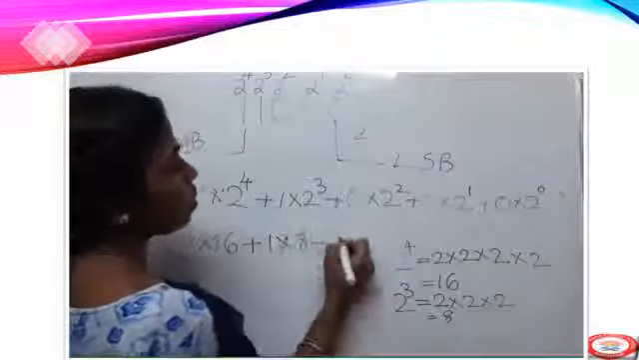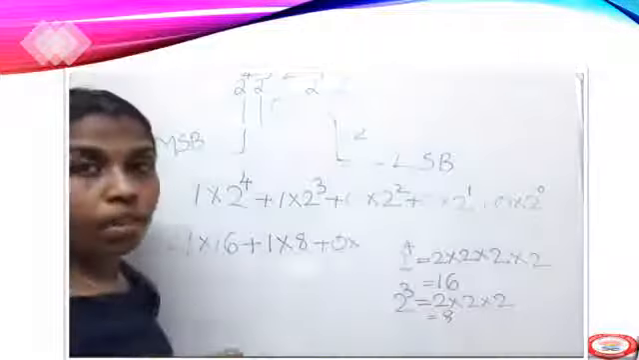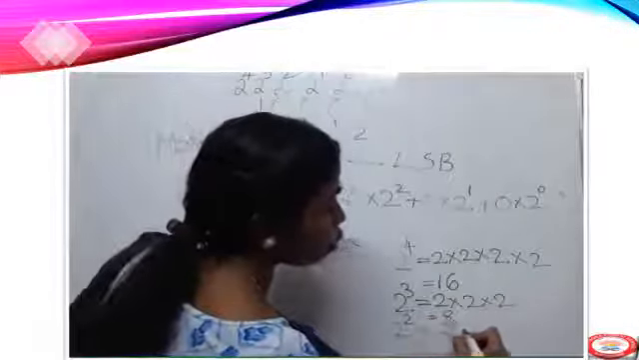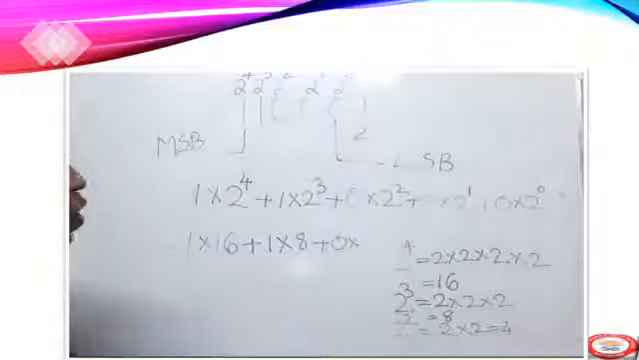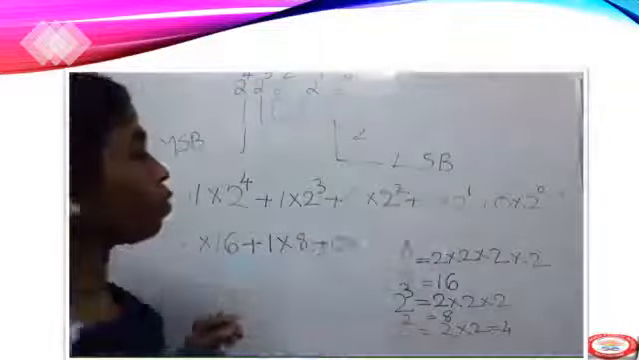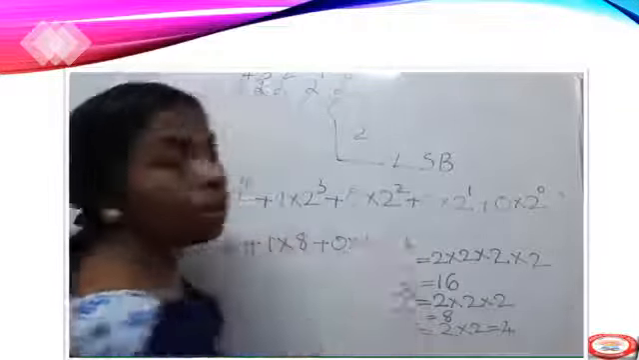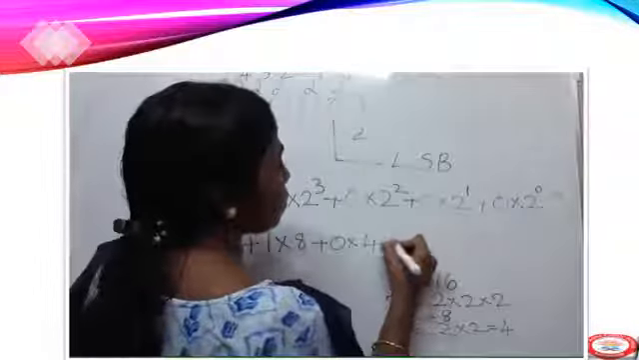Next, 0 into 2 to the power of 2. What is the answer of 2 to the power of 2? That is equal to 2 into 2, that is equal to 4. So instead of writing 2 to the power of 2, we can write 4. Okay, we can write 4. Clear? Then next step, plus